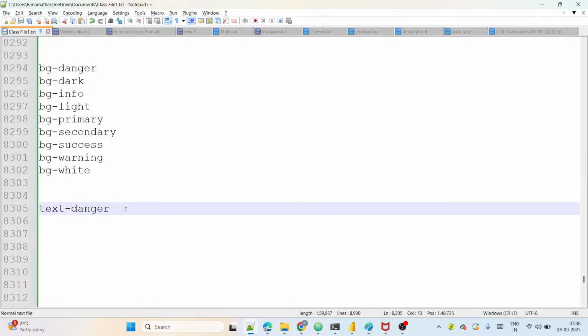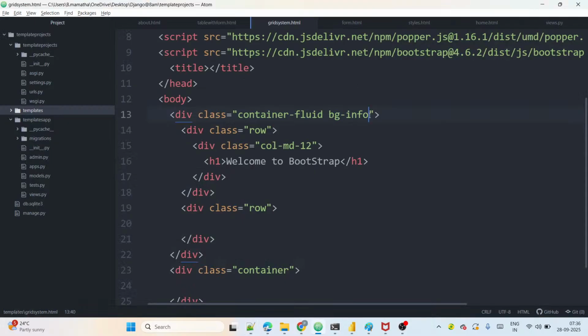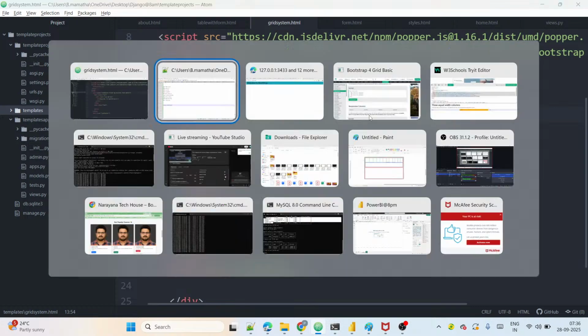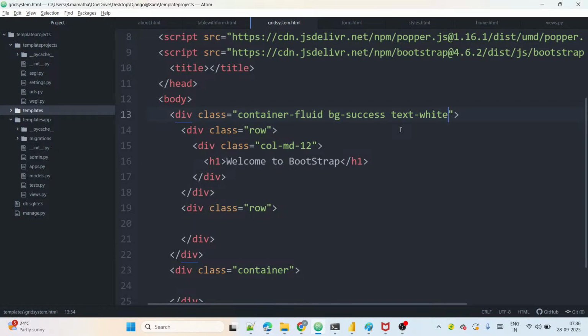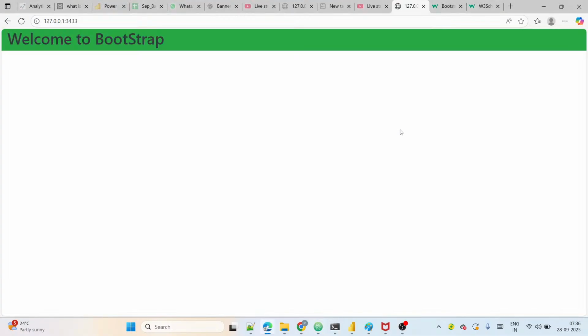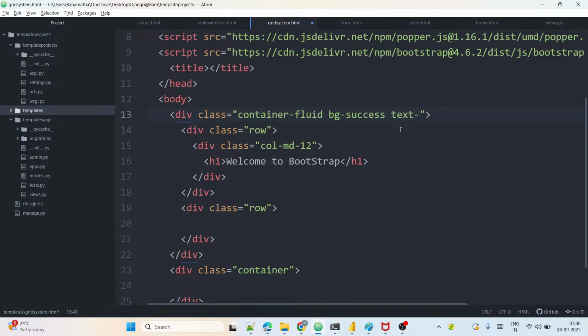Let's observe now. What do I do here? I just take a background, something like success, guys, and let us try the text color. I am taking, suppose, white, text-white color, guys. Background success, text white. You can see now the text color came here, white color came. And in the same case, let's take the dark. Again, all colors are there for text also. Text-dark, right? Text-light,